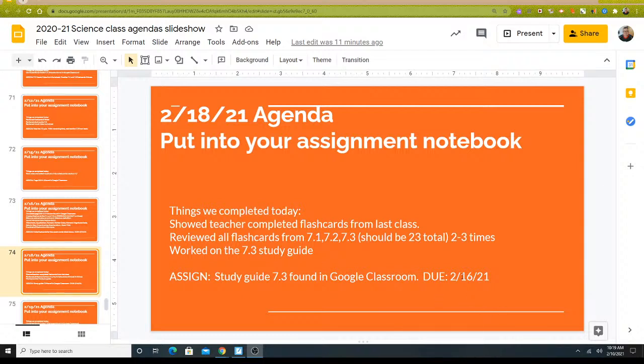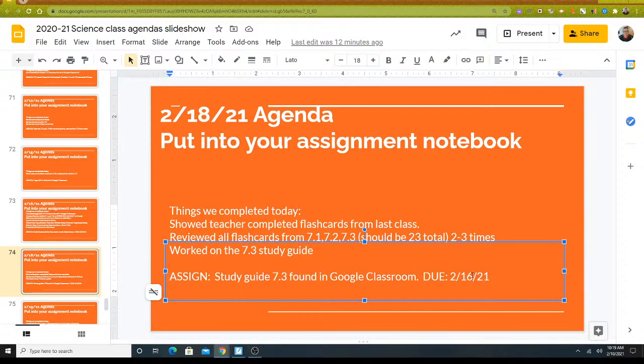That study guide is going to be due on the 19th. It's going to be due the next time that we meet. And hopefully you'll be able to finish it. So let's get that filled in. Once that's done, remember on your study guide that you're working on, you can use your book, you can use your notes, you can use your flashcards. All of these things are going to be things that you can use. So let's take a look at your study guide